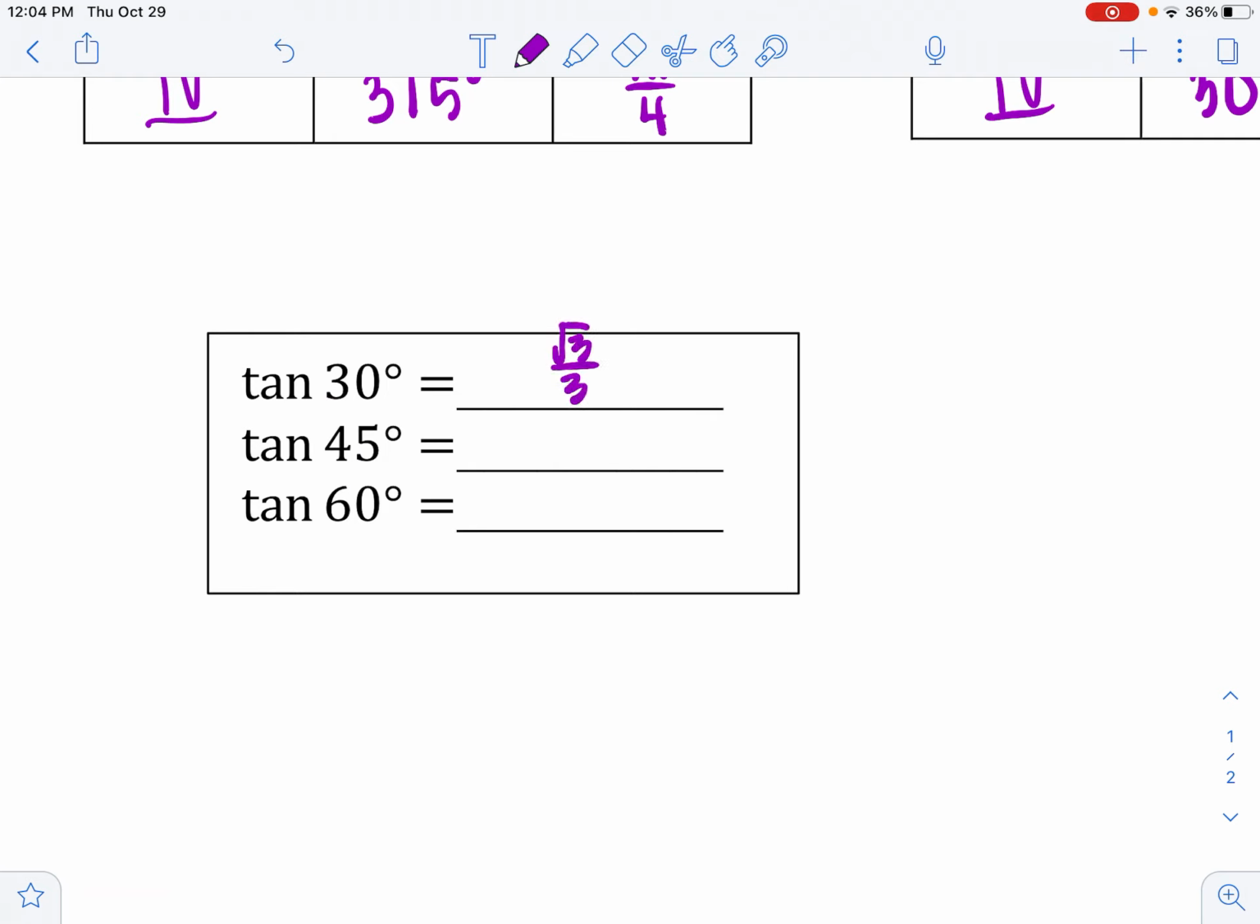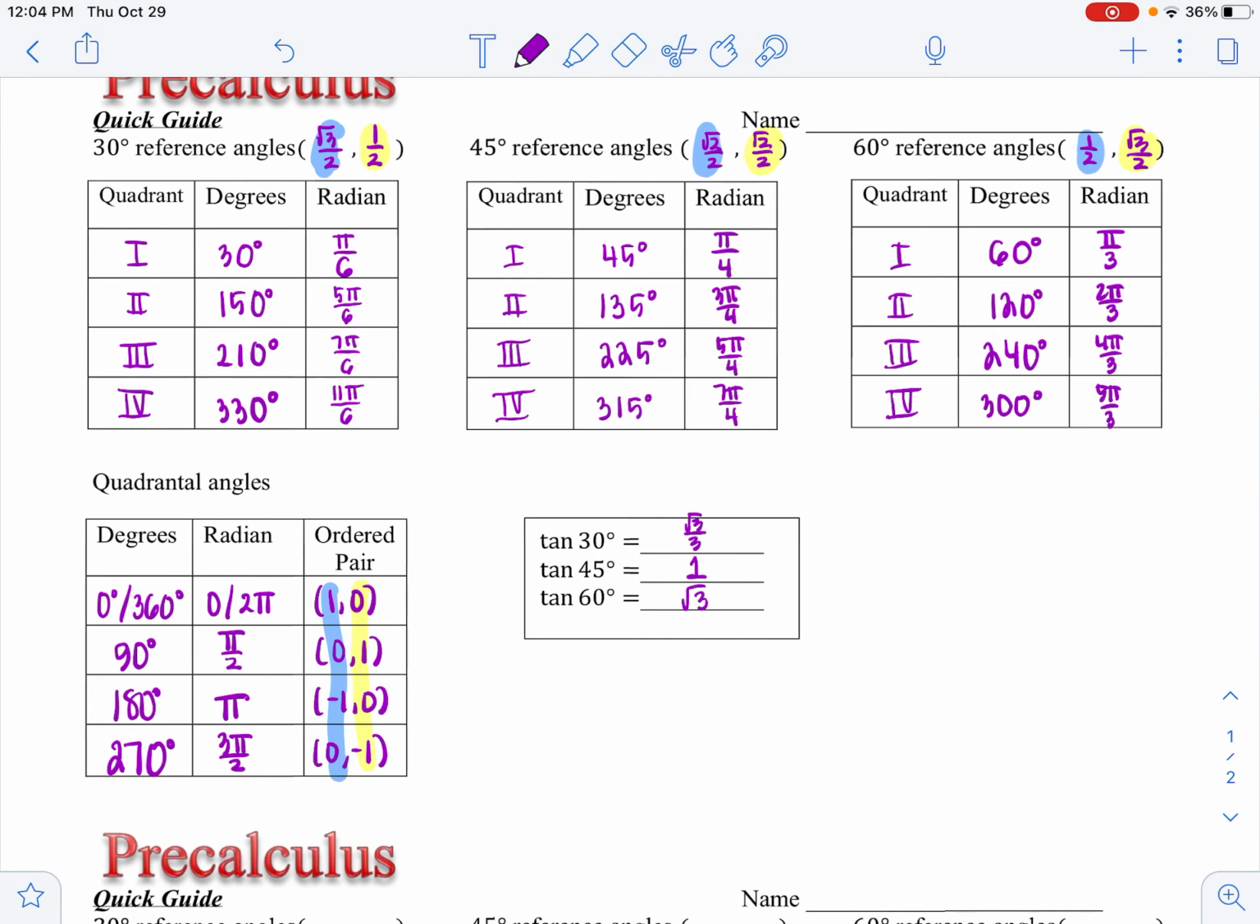Okay, so tangent of 30 degrees, root 3 over 3. 45 degrees is 1, and then 60 degrees is root 3, and